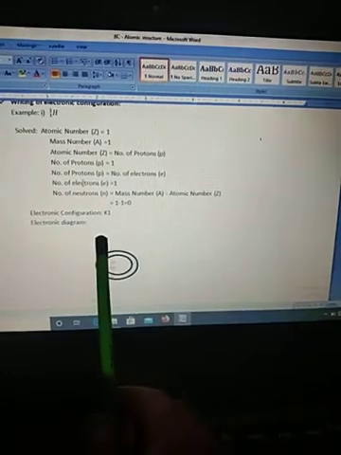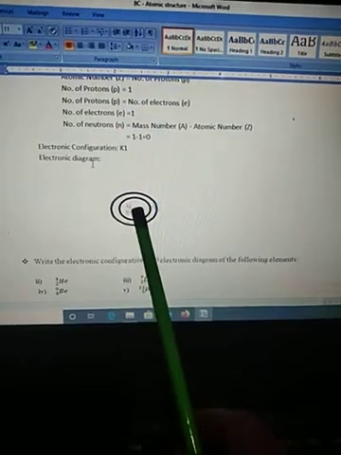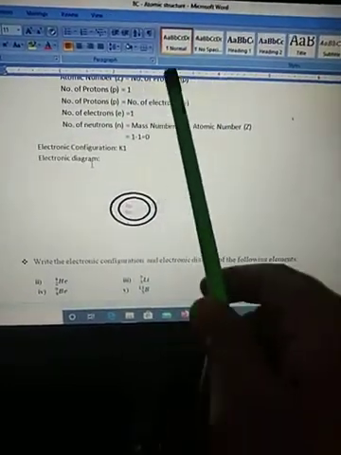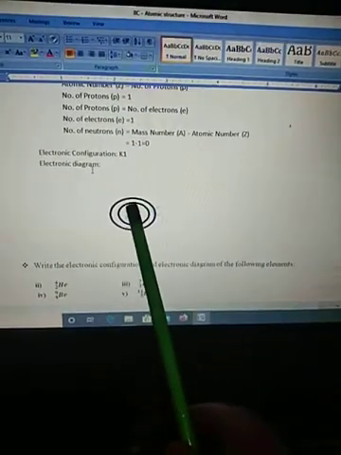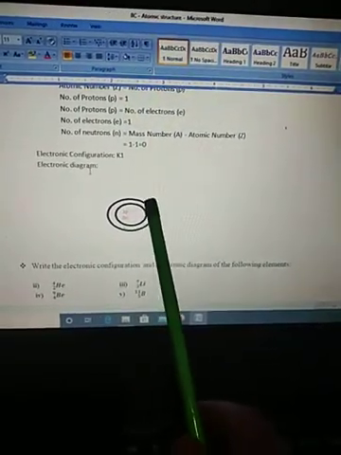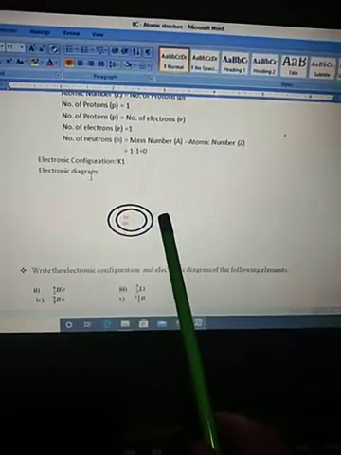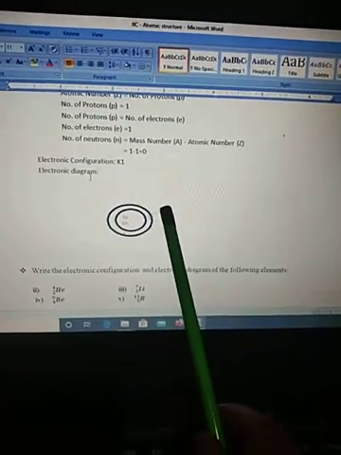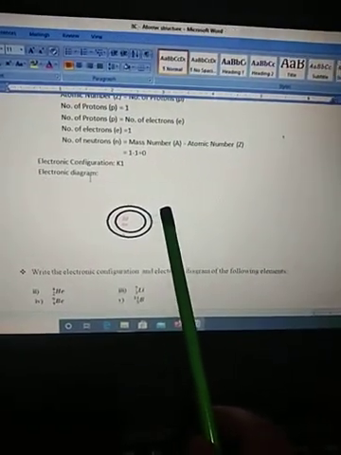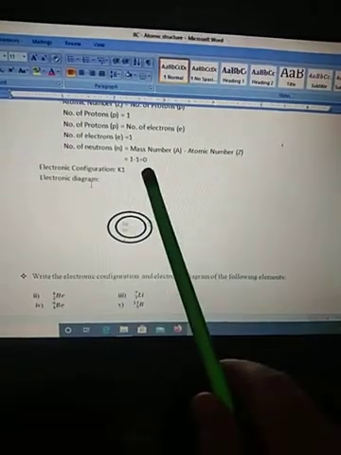Now for the electronic diagram, we'll draw it. This is the nucleus, and inside the nucleus we have protons and neutrons. From the earlier calculation, proton is 1 and neutron is 0. So 1p, that is proton, and 0 neutron are present in the nucleus. After the nucleus we have the first orbit, that is the K shell. In the K shell we have one electron, which you can represent by e minus. Got it? So this is how we write the electronic configuration of hydrogen and its electronic diagram. In a similar way, you'll do